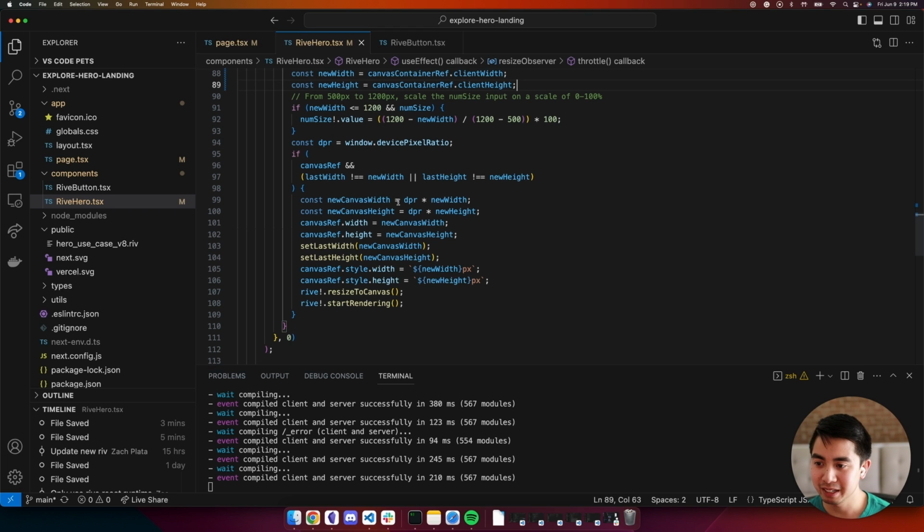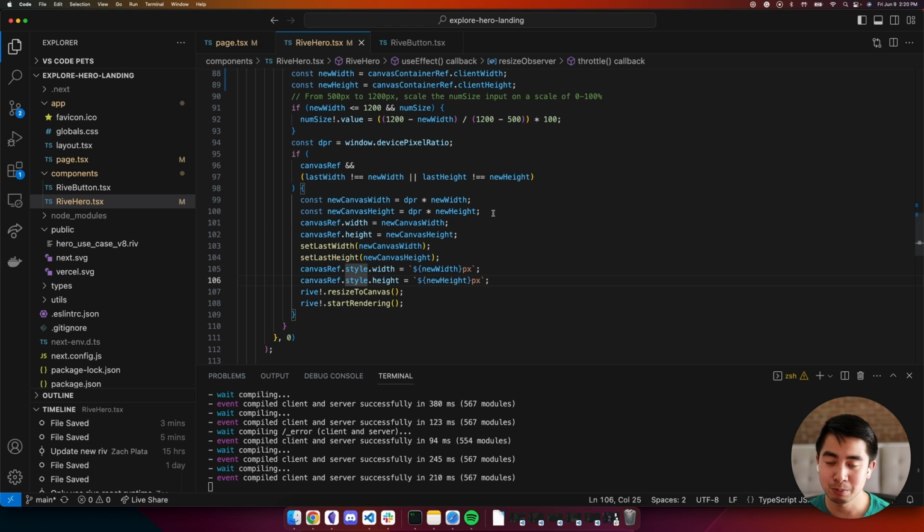Skipping down a bit here, the way we're going to be scaling that canvas is, as you can see, setting it to that new width and height in pixels. In this case, we're taking that style property and we're going to manipulate the actual stylistic height and width of that canvas and just add pixels here. So we're going to set it to the same size. The other thing that's important here, though, is we need to set the width and height attributes of the canvas itself, which is a little different.